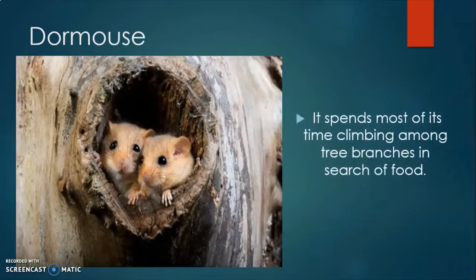Dormouse, it spends most of its time climbing among tree branches in search of food. So it spends most of its time climbing among tree branches searching for food. And